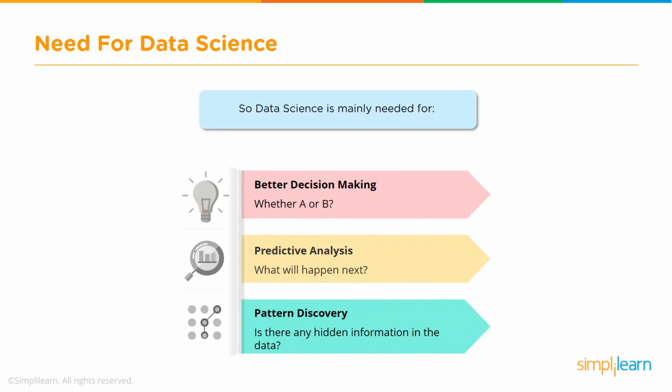And the third area is pattern discovery or pattern recognition. Is there a pattern in which people are buying items? For example, it could be seasonality. If you take sales data for multiple years, there may be a pattern in the way people are buying. That's a buying pattern. In certain months, probably the sales will increase. Certain months, the sales will come down. Certain quarters, traditionally, the sales will be higher. So that is a pattern. And this pattern discovery is another area where data science is applied.